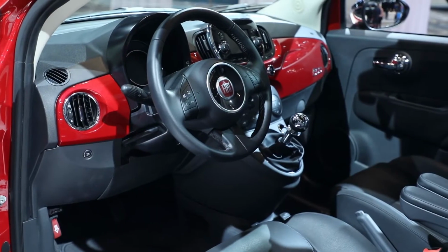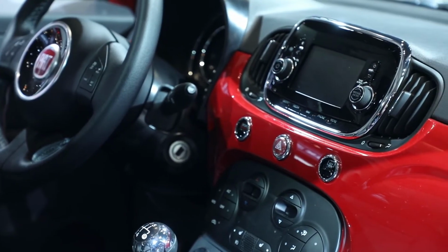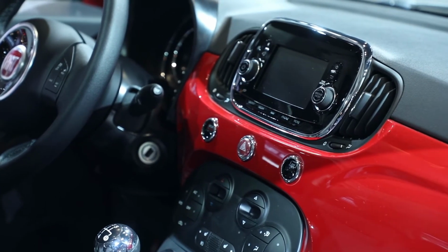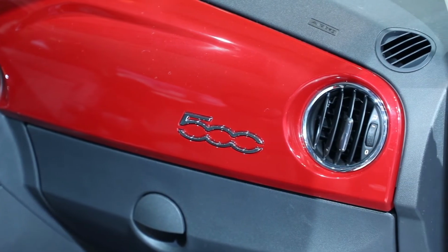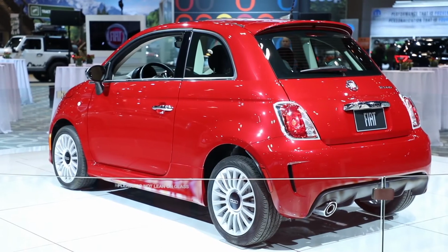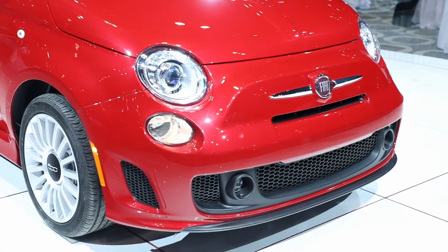On the interior, we'll find a lot of the same things that you're used to in the past, accompanied by a new Park View rear backup camera, mated to the 5-inch full-color Uconnect touchscreen with Bluetooth audio streaming and voice command capability. The iconic Fiat Italian styling is carried throughout our lineup, and we really have a vehicle that supports